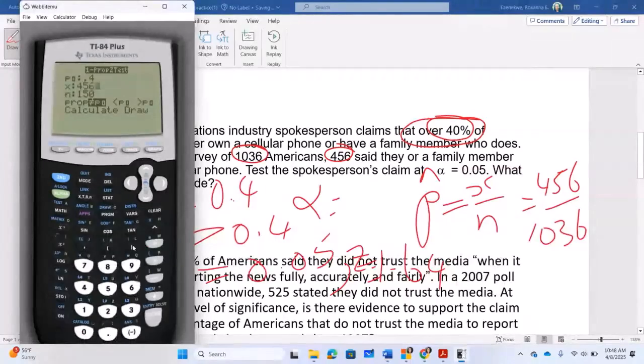Okay, and I'm going to arrow down. The sample size is 1,036. And then I'm doing a right tail test. I have to tell my calculator. So the population proportion is